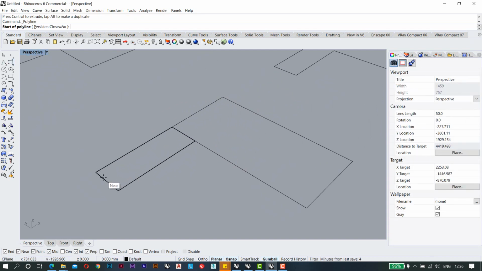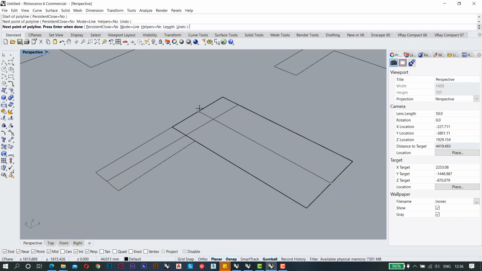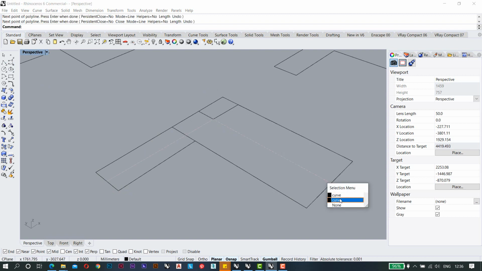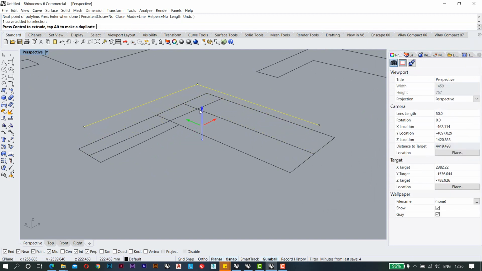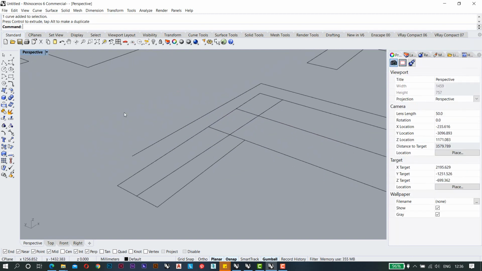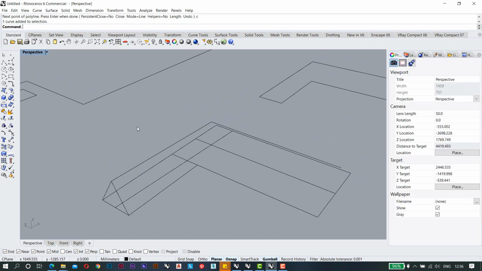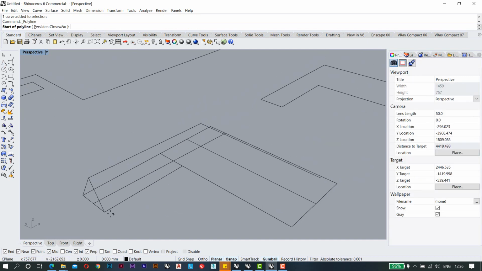So we are going to make the midline first, then we will make L-shaped line. So now we will drag it upwards. Now we will make a section on one side. This is our section.